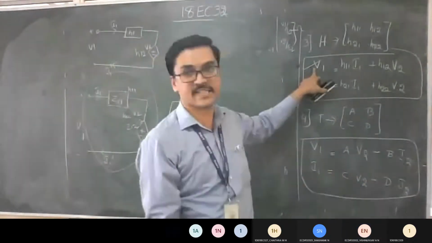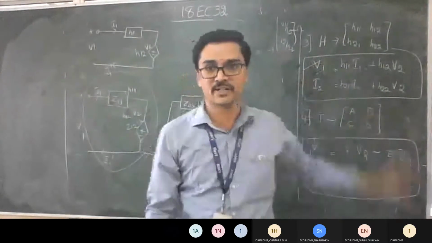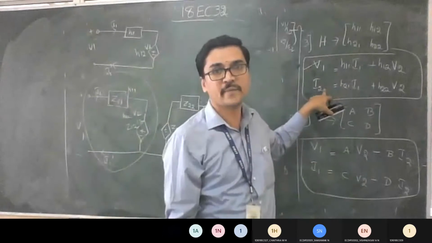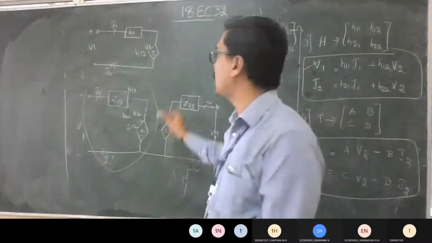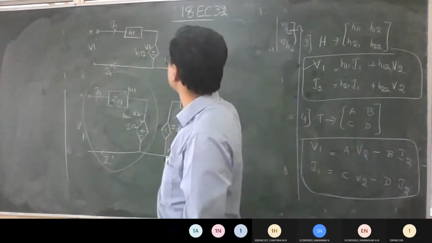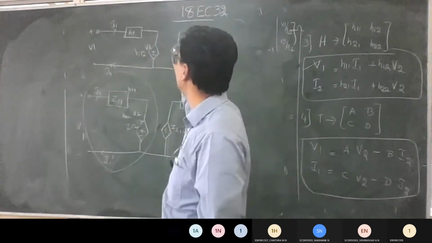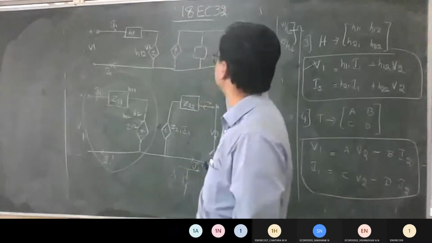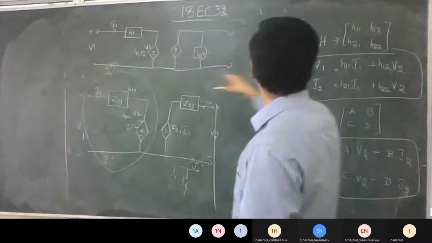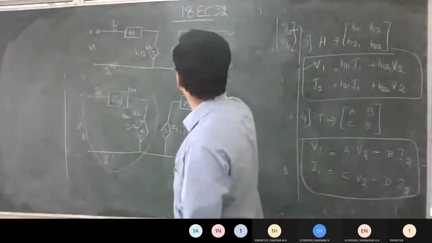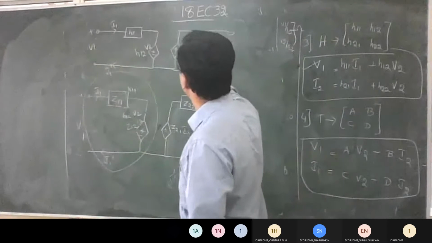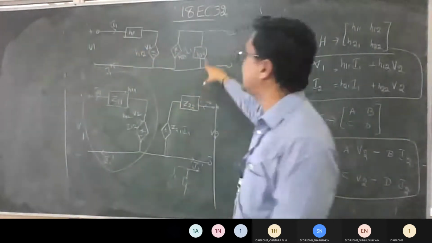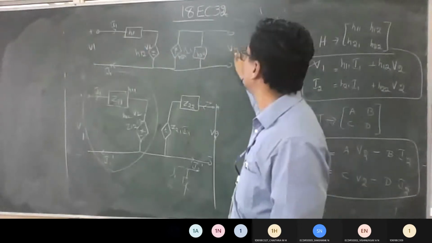So you got the first half that I wrote. I wrote the first half from the first equation, that is your Z parameter equation. Now the next half, look at the equation. It is with respect to your Y parameter, I2. So it means what? I need to connect which source? Instead of voltage, connect the current source, and parallel to it your H22. H21 is depending on I1, so it is a current dependent current source. I1 is here and this is H22. So this will be your V2.